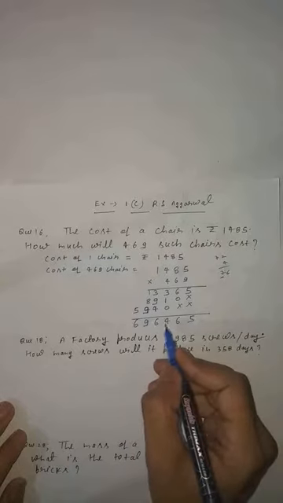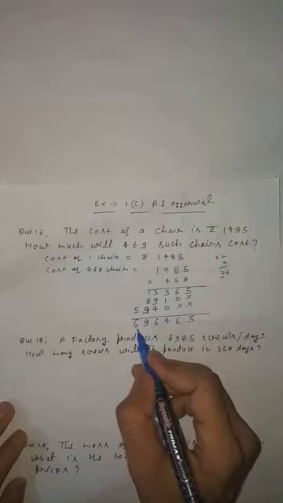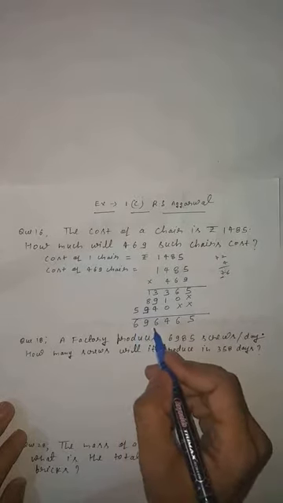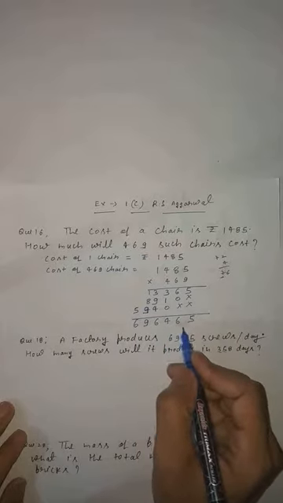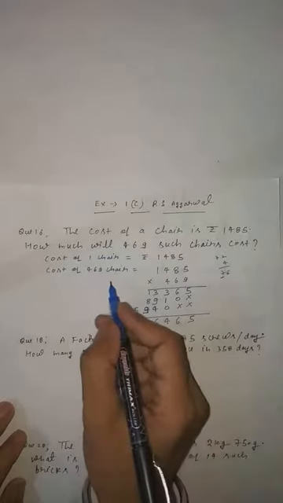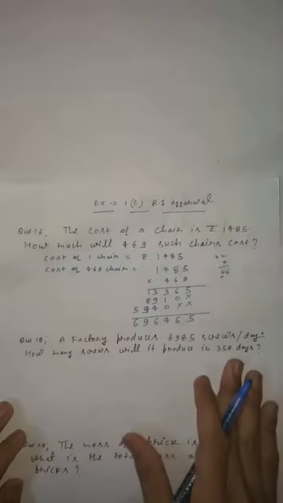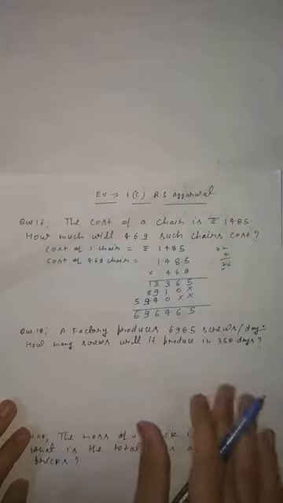This is ones, tens, hundreds, thousands, ten thousands, lakh. Clear, students? So 6,96,465 rupees is the cost of 469 chairs. Clear, students? Now come on to the next question, that is 18.